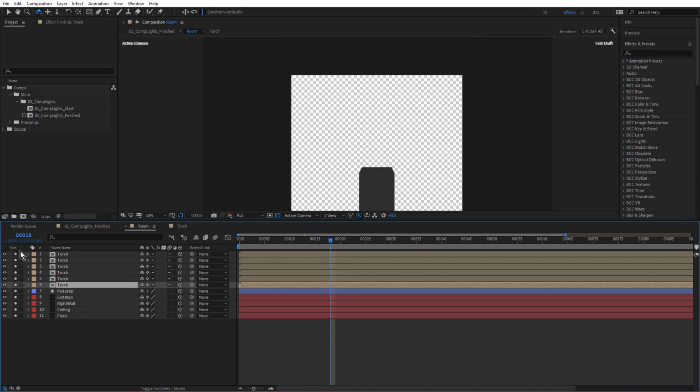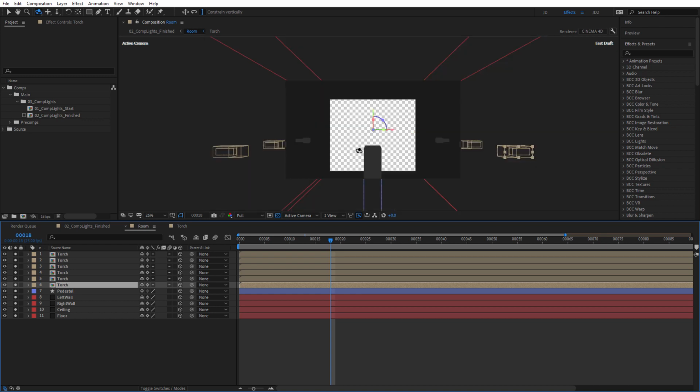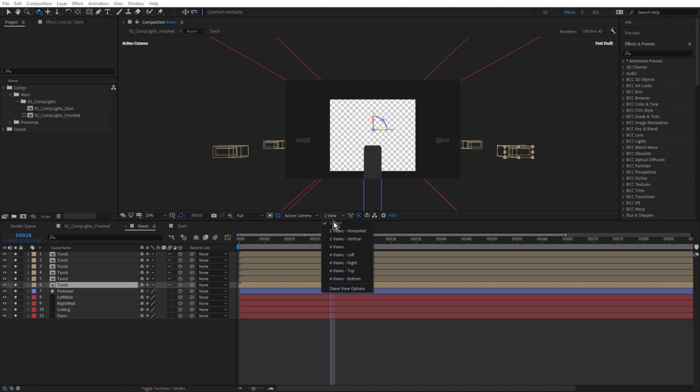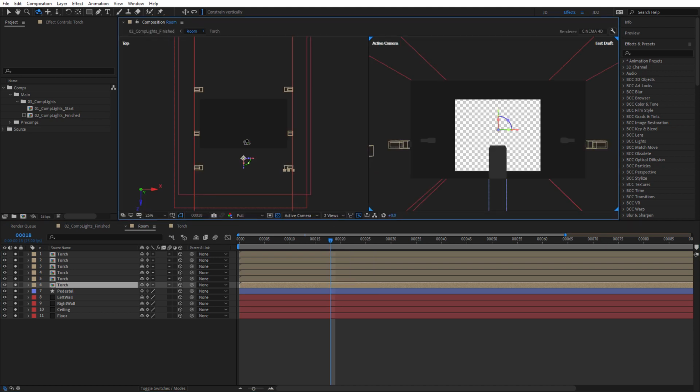Just turn these on. And here you can see them there. I've just positioned those on the wall. Go to views again, just like that. So collapse transformations when you're working in 3D in After Effects allows you to work more efficiently because you can build semi-complex objects. Obviously this isn't very complex, this torch, but you can build them in their own comp and then bring them into the next comp and duplicate multiple times. And as long as you have collapse transformations turned on, all of that 3D information is brought into this composition.